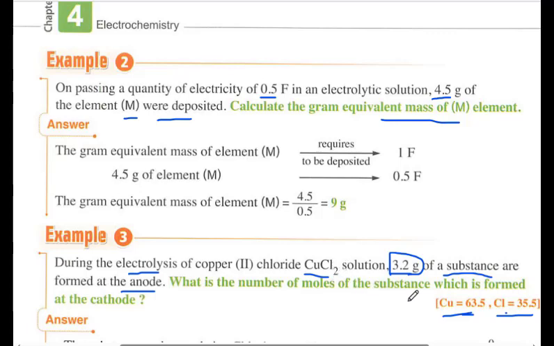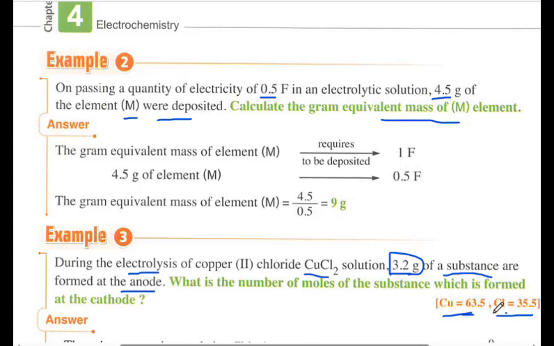So the equivalent mass equals the atomic mass over 2, which gives 31.75. So the quantity of electricity required to deposit or liberate the equivalent mass of copper, 31.75, which is half the atomic mass,